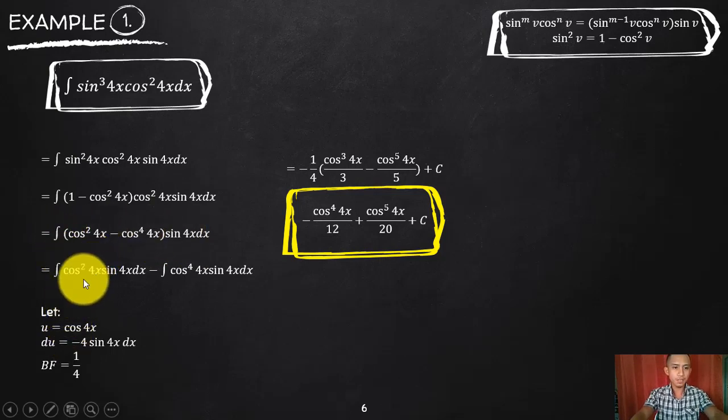Then let's focus here first. Let's say that cosine 4x is your u, and the power, that squared, will be your n. If I differentiate your cosine, that will be negative 4 sine 4x dx. The derivative of cosine is negative sine. Differentiating the angle gives 4 dx. So that is where this 4 came from. Now that is your derivative. But if you look here, our derivative is only sine 4x dx. There is a missing part, which is negative 4.